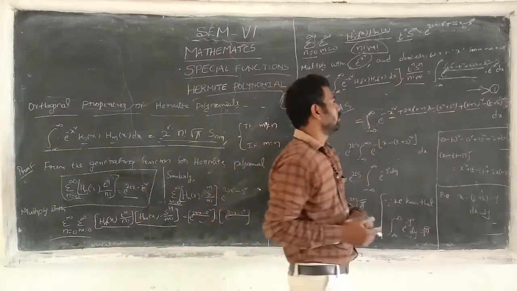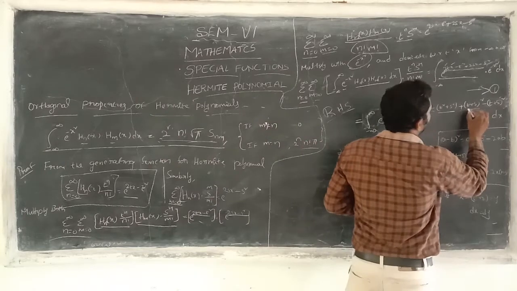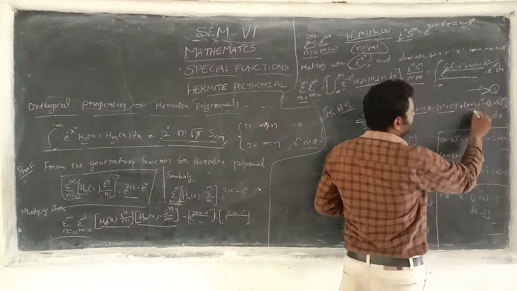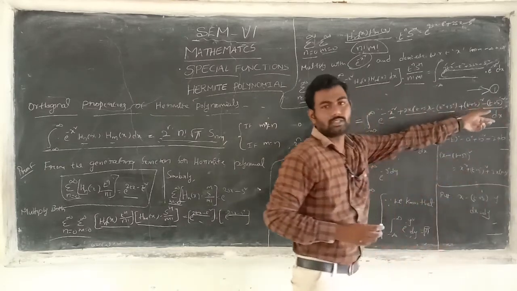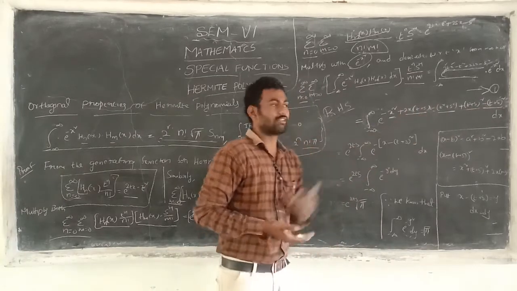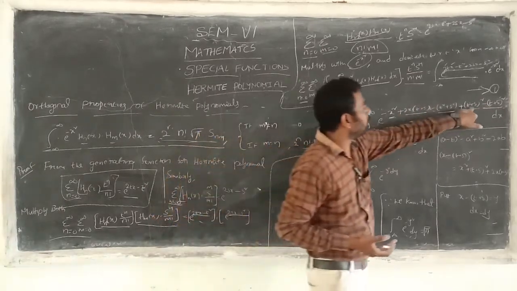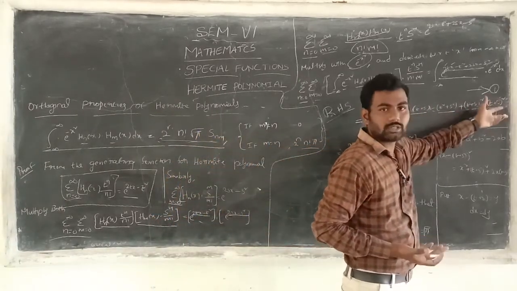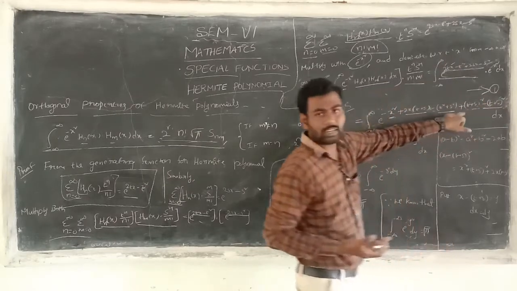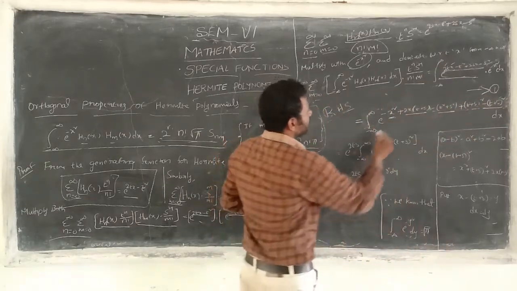Okay, next one more. I will add t plus s whole square minus t plus s whole square. So just adding, no change in this equation. t plus s whole square minus t plus s whole square is 0, so no changes. That's why I will write this. So look at this.